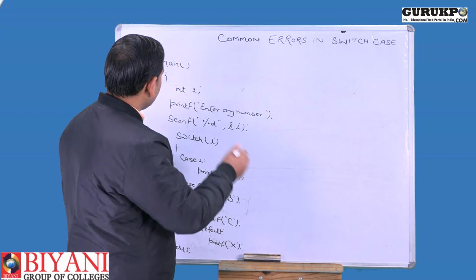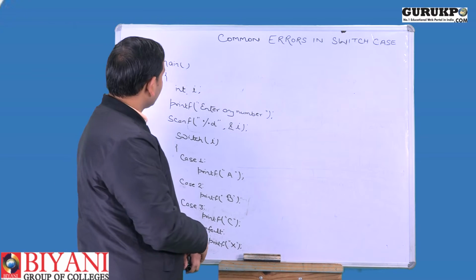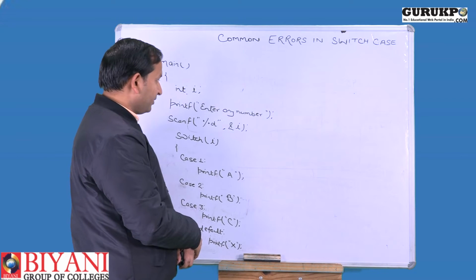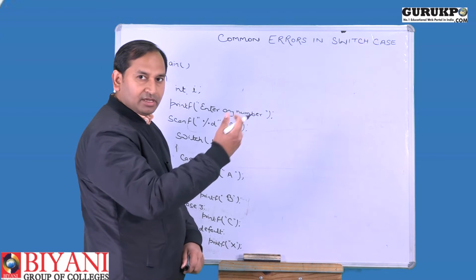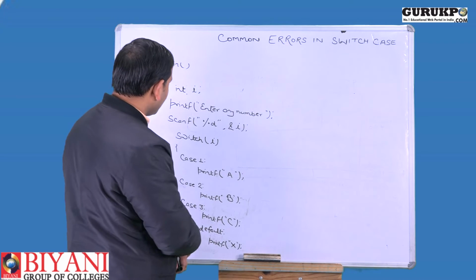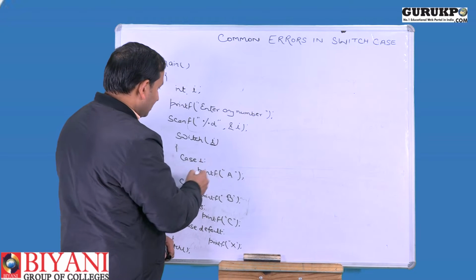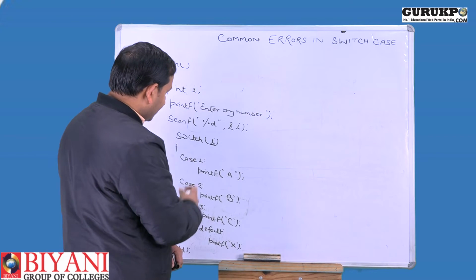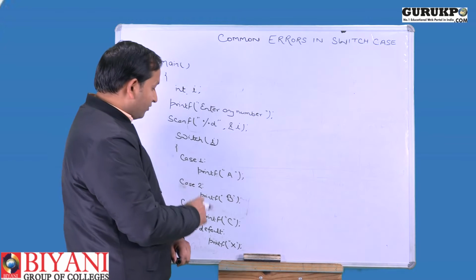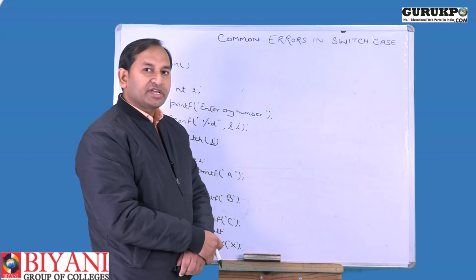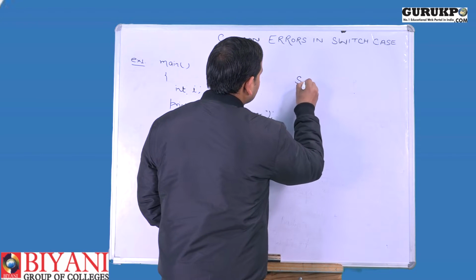In this example we have an integer variable i. printf, enter any number, scanf, %d, &i, we are receiving the value from the keyboard. This is the switch statement, switch i, case 1, case 2, case 3 and case default. So, normally in the switch case statement, if we discuss the syntax,